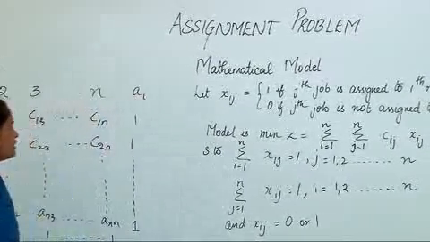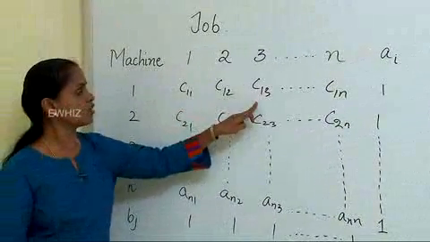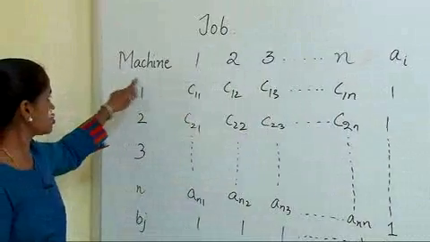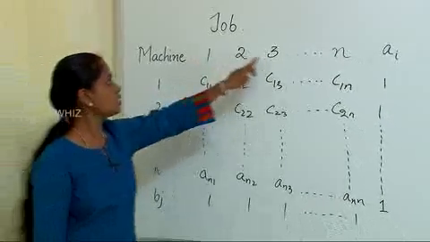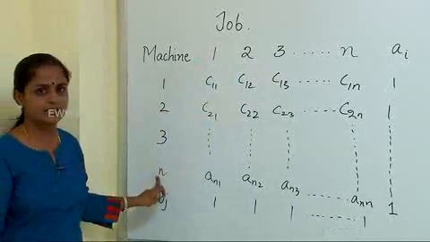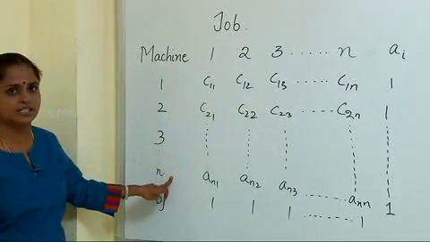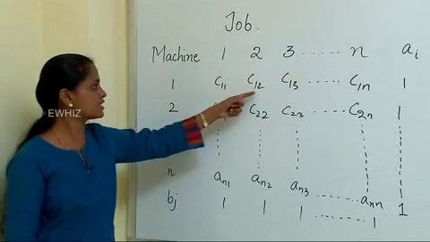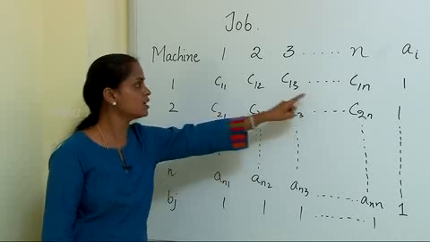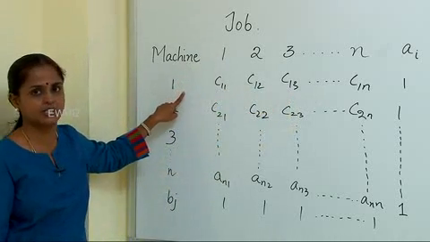So when you look at the table, unlike transportation problem, you have per unit assignment cost of assigning jobs to different machines. But here the condition is that the jobs and machines, the number tallies, that is equal number of jobs and equal number of machines is the basic condition. That means you will always have a square table and the C11, C12, C13 stands for the per unit assignment cost of job to particular machine.